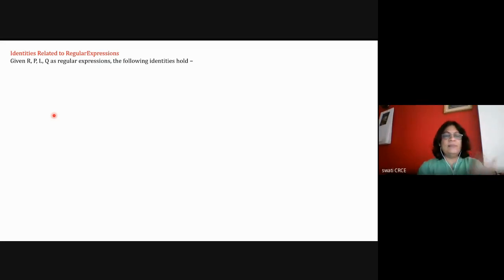So if the exam asks what is a regular expression, this is the recursive definition. The empty set is a regular expression. Epsilon is a regular expression. If A belongs to sigma, then A is a regular expression. If A and B are regular expressions, then A plus B is a regular expression, A dot B is a regular expression, A star is a regular expression, and A plus is a regular expression. Okay, so this is about regular expressions, and in the identities that I'm going to teach you,